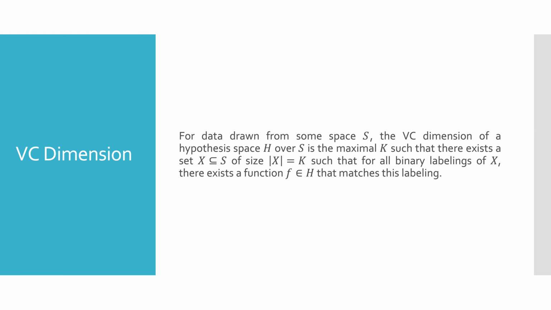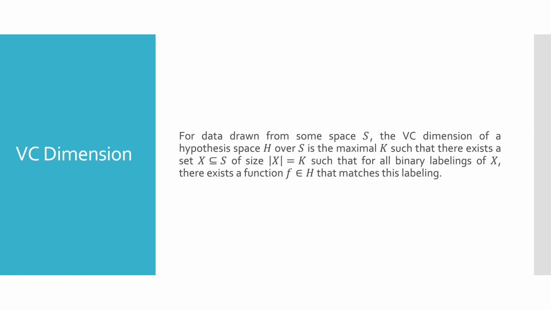In general, it's much easier to show that the VC dimension is at least some value. It's much harder to show that it is at most some value. In order to show that it's at least something, we just have to show that we can shatter one set of points. In order to show that it is at most some value, we have to show that it cannot shatter any set of points. Let's use an example to clarify.